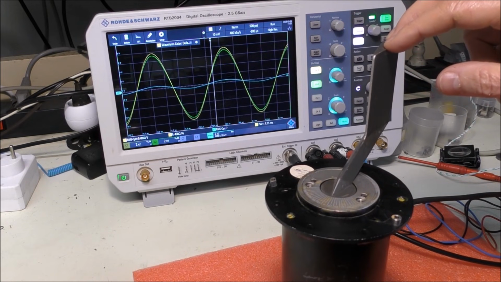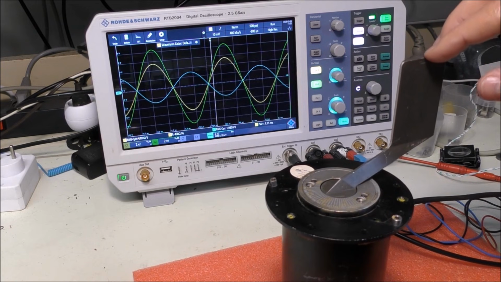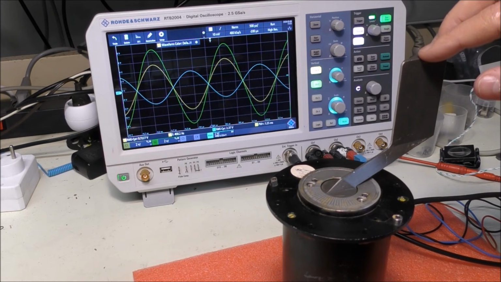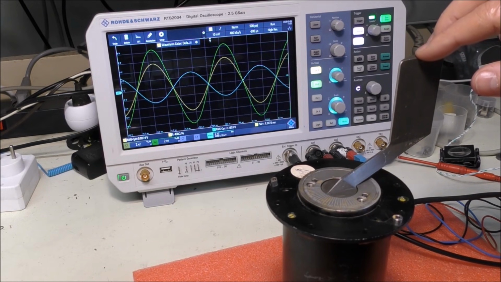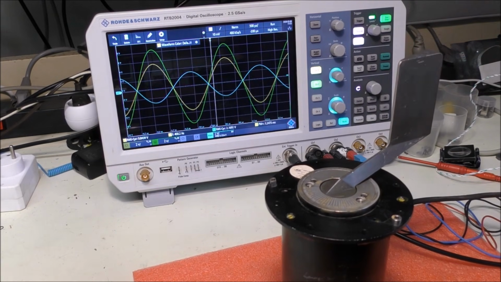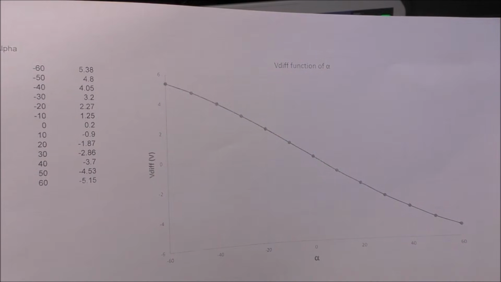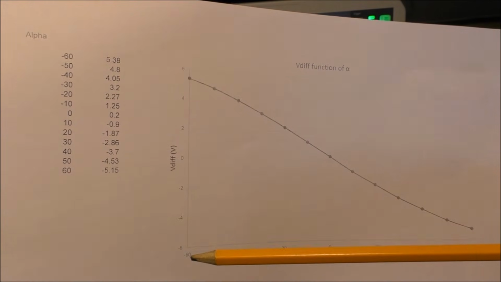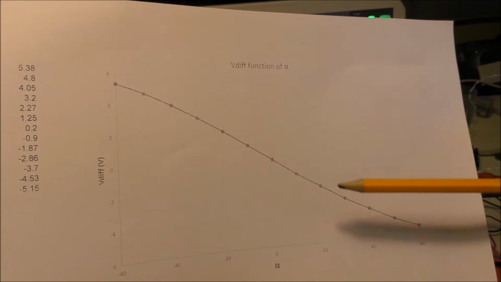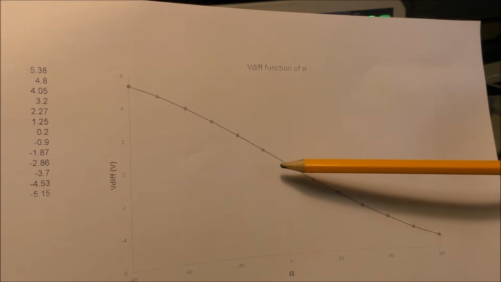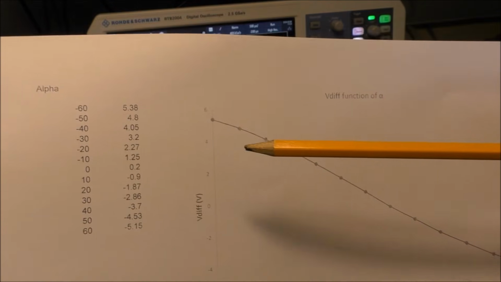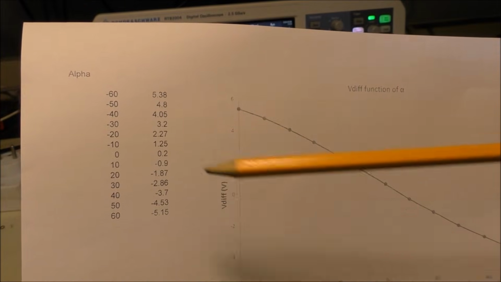Okay, so there is a phase reversal for positive angle of attack. The difference is proportional to the sine of the angle of attack. The result is here from minus 60 degrees to plus 60 degrees. We can see the difference of these two AC voltages. So this is RMS voltage, negative when there is a phase reversal. There is a small offset at 0. It is not totally 0, but 200 millivolts.